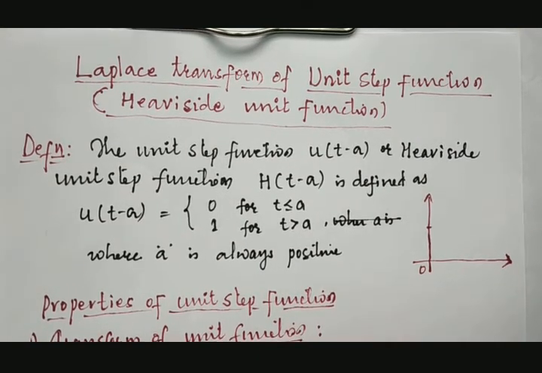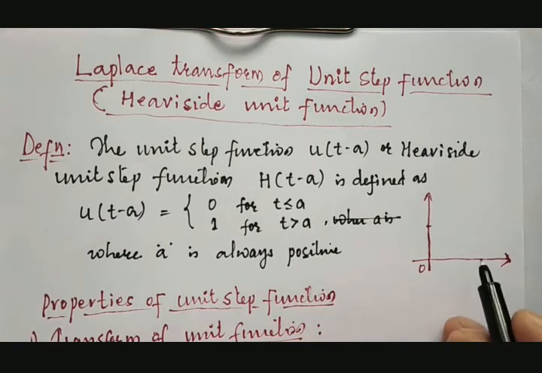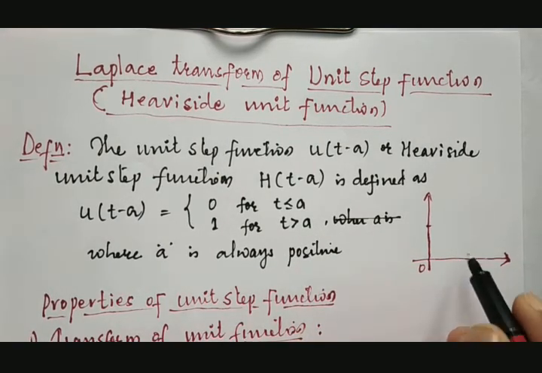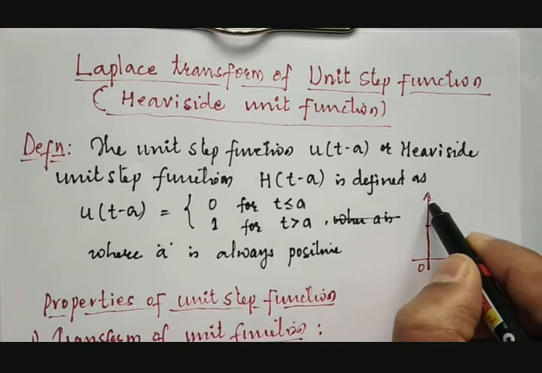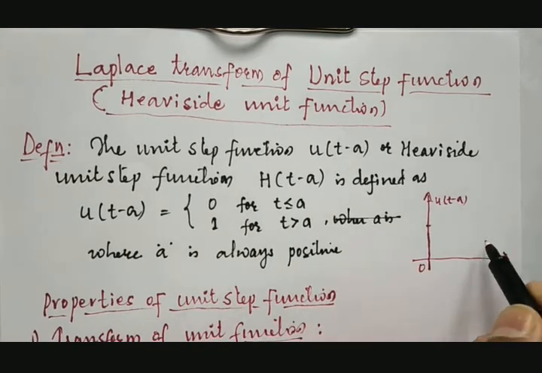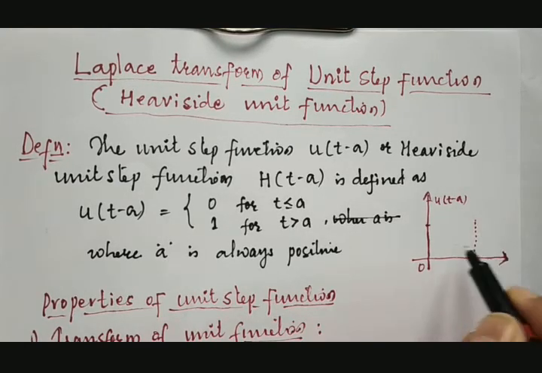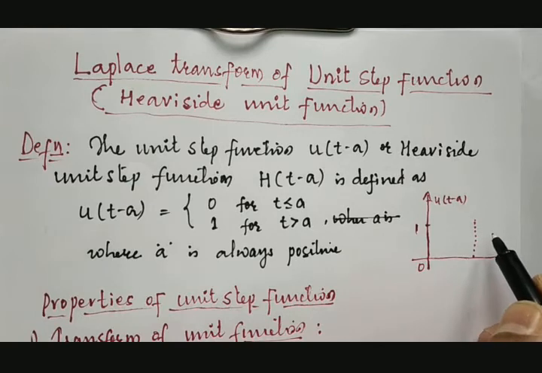If t is more than a, then it will be equal to 1. For example, here it will be u of t minus a. From here to here it moves up to 1, then it becomes